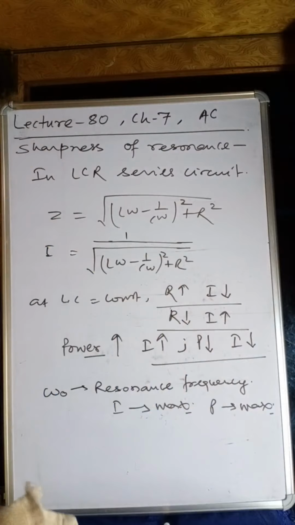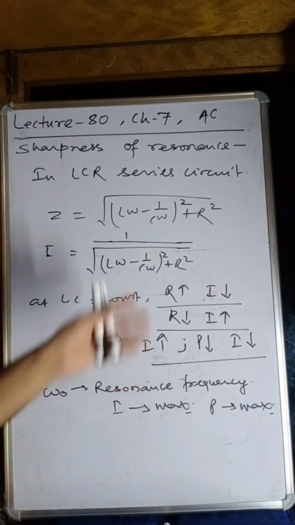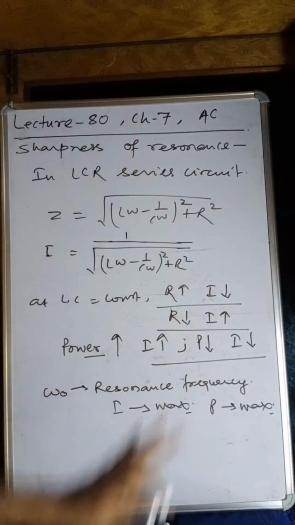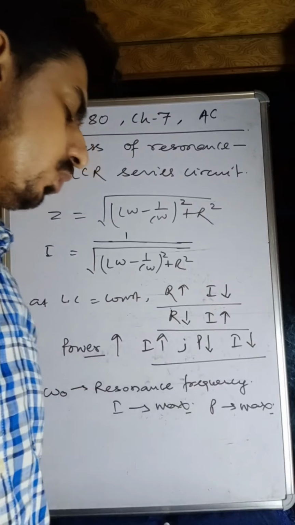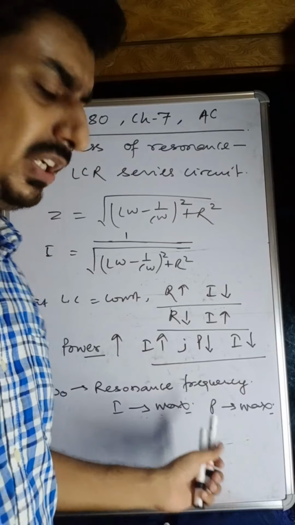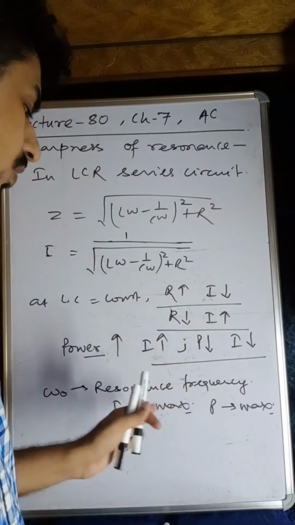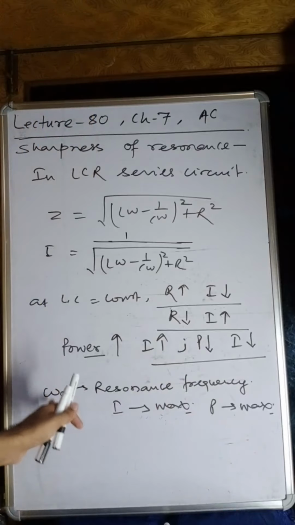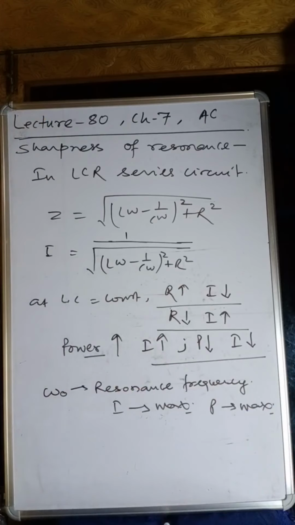So let us discuss the resonance with the graph. If you are asked to find the sharpness of resonance, then you have to explain this in your own words, in a greater way. Now this frequency, omega naught, can also be represented with f naught. This can be written as 2 pi f naught. All the graphs we have drawn for omega naught, or with omega, we can draw with f, the linear frequency, as well. Okay, my dear students.